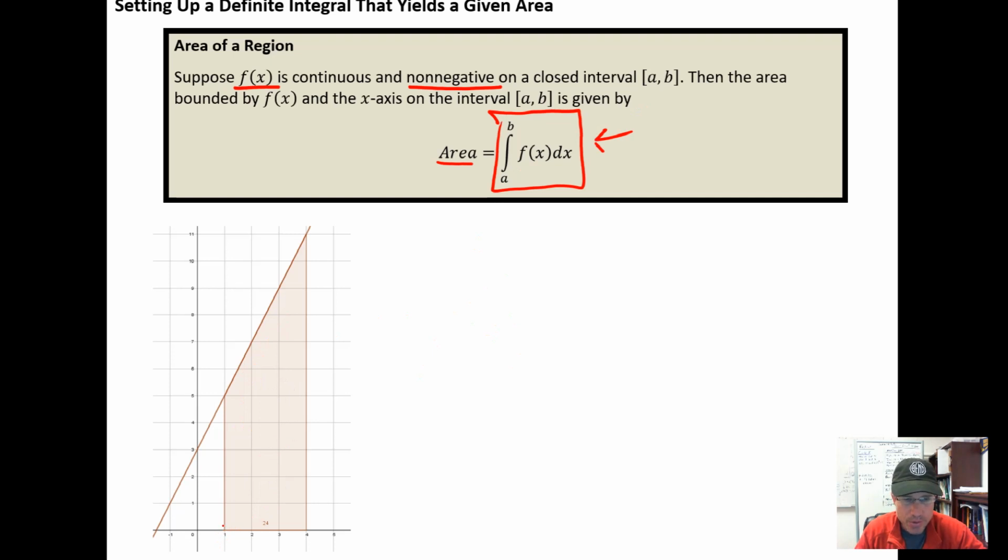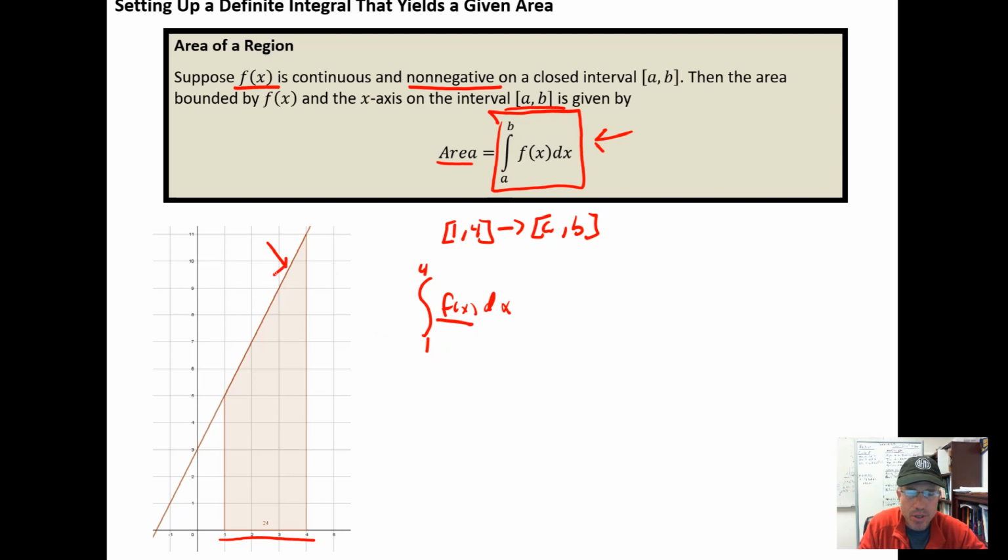So what I want to notice is that the picture that I have is running over the closed interval from 1 to 4. So I'm working over a closed interval from 1 to 4. That's my A to B interval from A to B. So I'm going to need to integrate. I'm going to need to set up the definite integral from 1 to 4, from the lower to upper bound. And then it's going to be f of x dx, but what I need is the function f of x